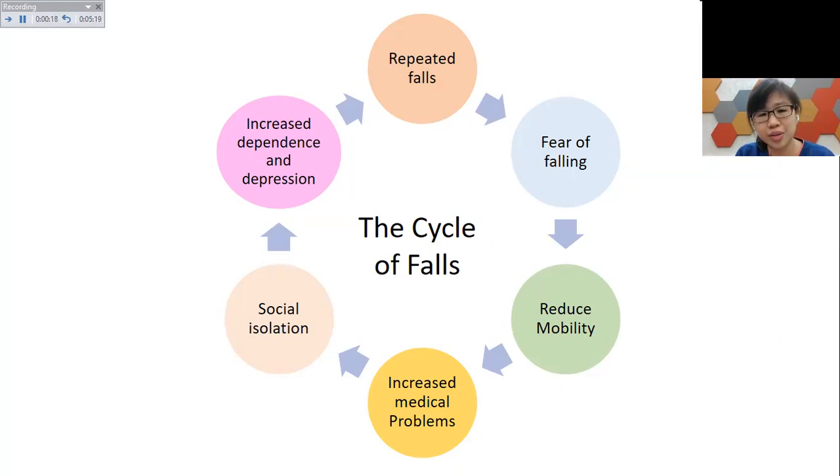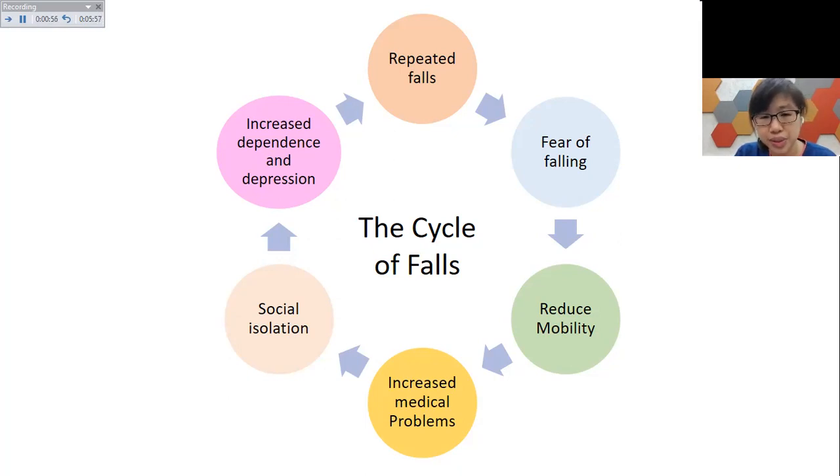And once this fear develops, it triggers the individual to refrain from mobilizing, hence reducing mobility, which has negative effects on our body's normal physiology, and increases medical problems such as pressure injuries, infection of the lungs and the urinary tract. And with more medical problems resulting in social isolation and functional dependence and depression, giving rise to significant consequences of falls, as we have discussed earlier on,